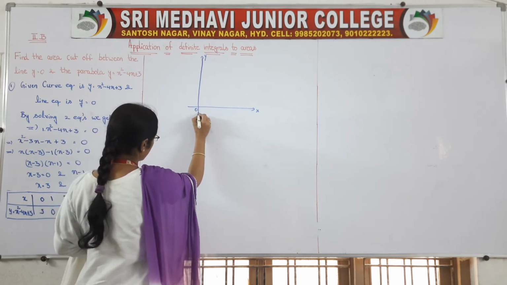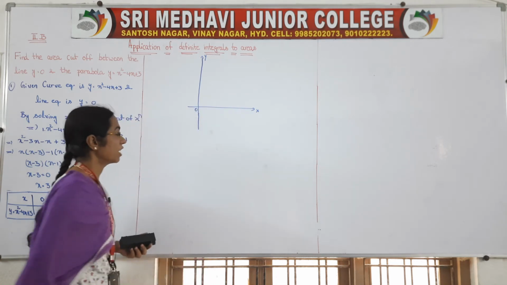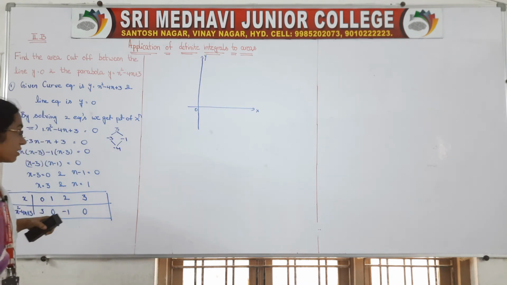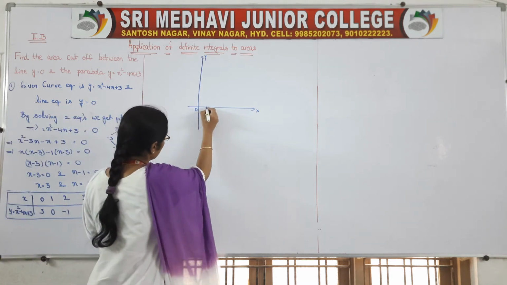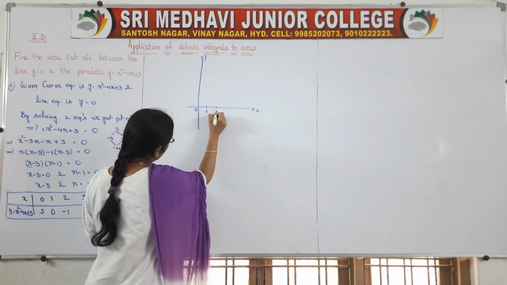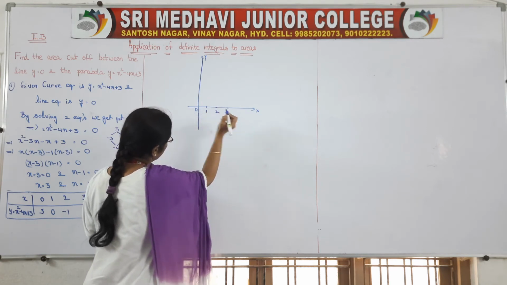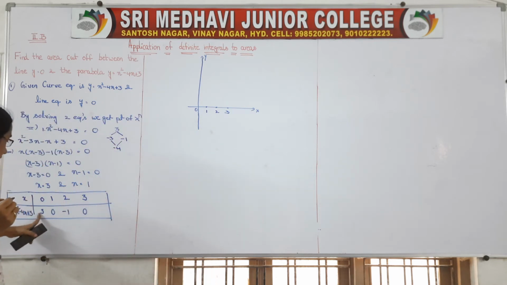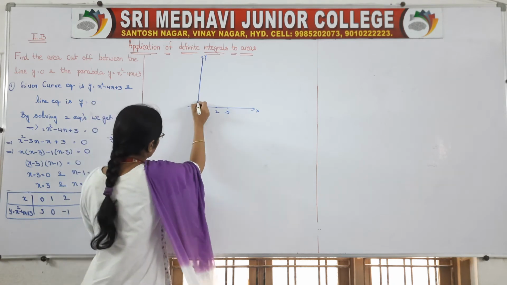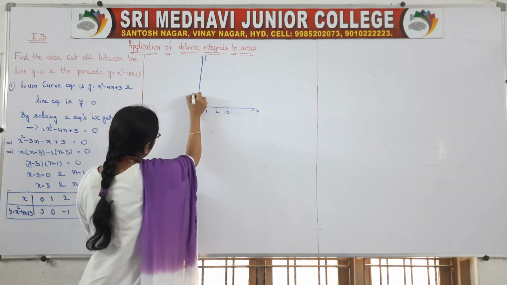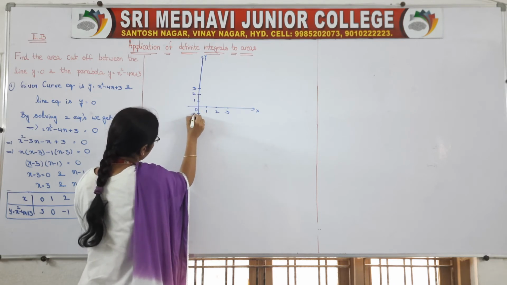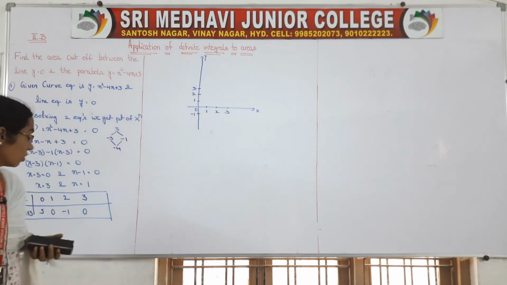Here is the origin, and on the y-axis we have the minus sign also. So on x: 0, 1, 2, 3. Here on the y-axis 3 is there, and minus 1 is also there. Now try to